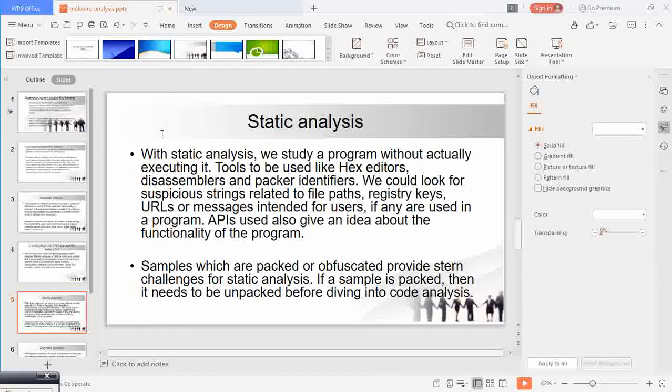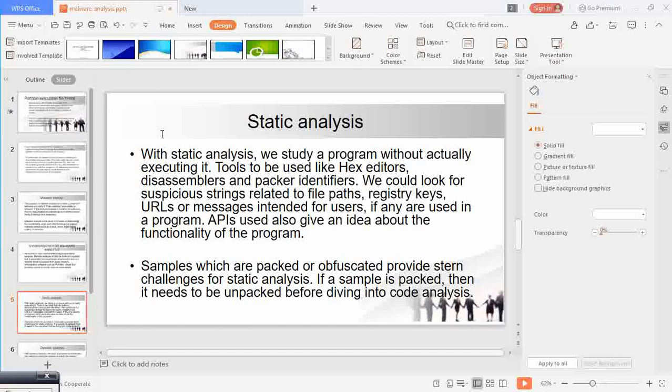Malware analysis has two types: static analysis and dynamic analysis. We will first understand what is static analysis. With static analysis, we study a program without actually executing it. Tools to be used are hex editors, disassemblers, and packer identifiers. We could look for suspicious strings related to files, paths, registry keys, URLs, or messages intended for users.